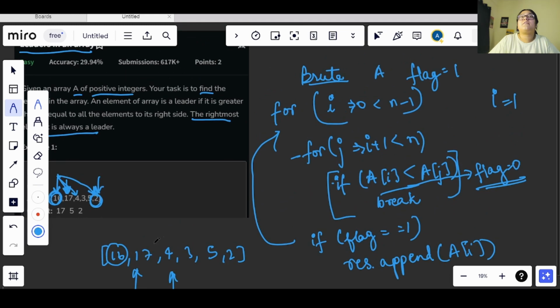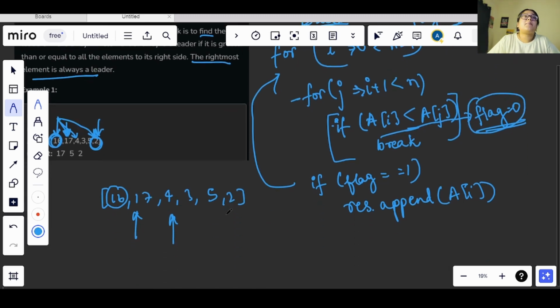And we need to keep this in mind, we need to reinitialize this flag every time. Why? Our flag became 0 here, right? If we are not changing our flag value again, then when iterating for 17, our i is here and j is here, it will compare, this will be false, this will also be false, and this will also be false.